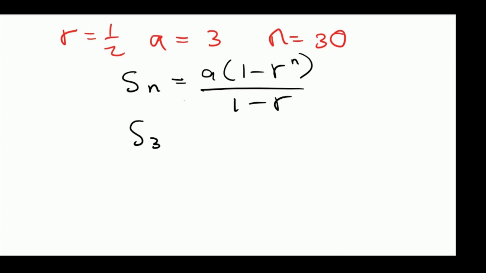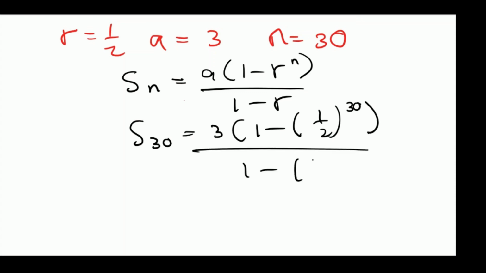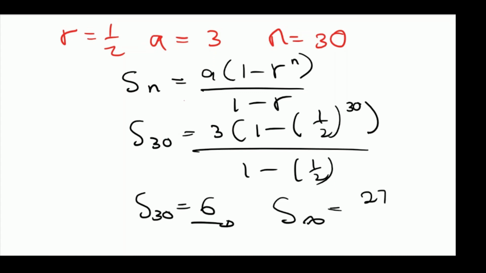So the sum of 30 terms is equal to our a value, which is 3, into 1 minus 1 over 2, which is our r, to the power 30, divided by 1 minus 1 over 2. If you punch your calculator, you're going to get an answer that approximates to 6. So simply write 6. So S of 30 is equal to 6, and the sum to infinity is equal to 27p